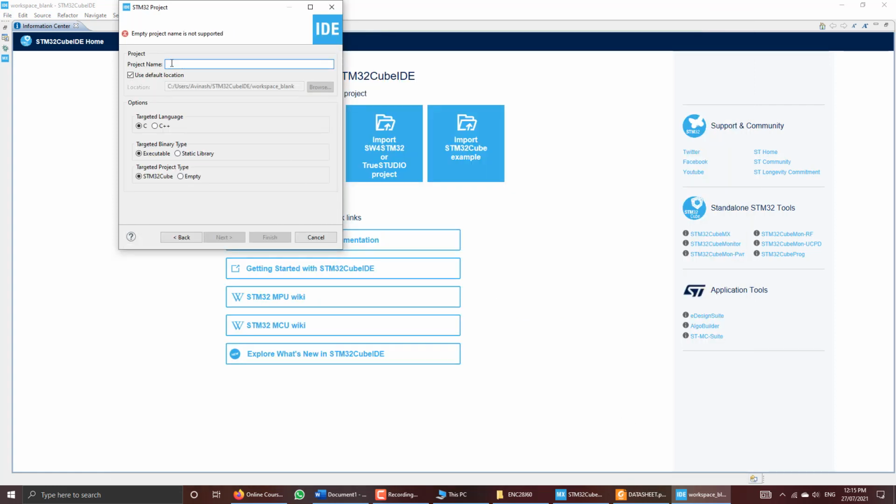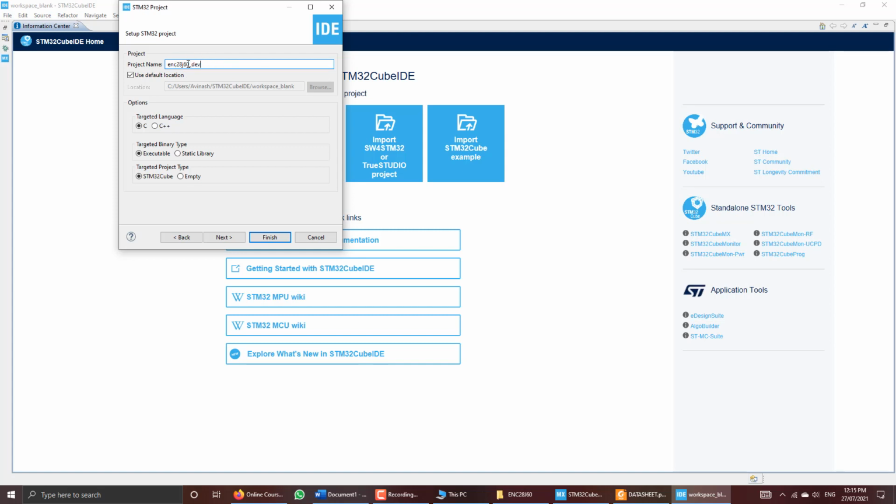Now we have to enter the name of our project. We have suffixed the name of this project with dev because we are using it for the development of this driver.